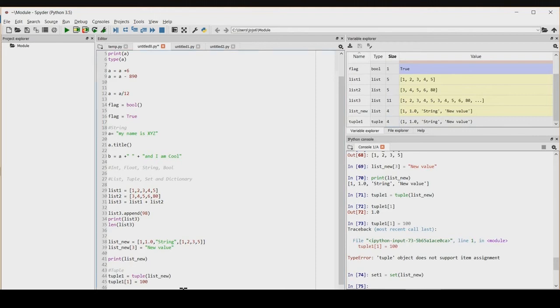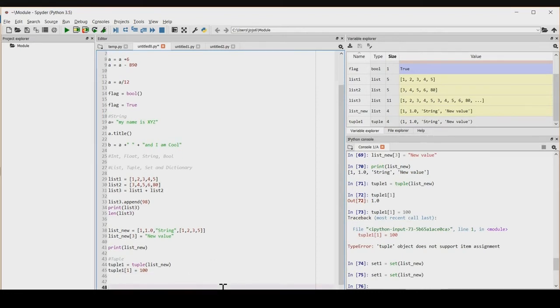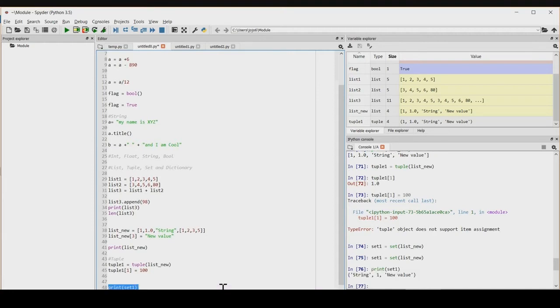Then we execute this. Let's say we print this. We have the values over here. String 1 and new value. You can definitely change the values of the set elements. The only difference is you cannot add duplicate values. But in case you add duplicate values, it won't throw you an error, but it will just remove duplicate